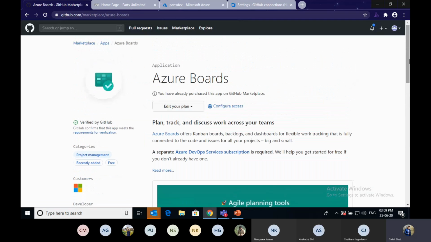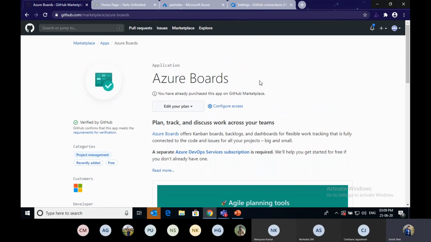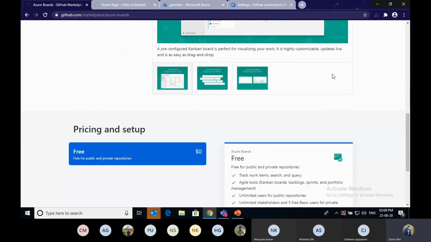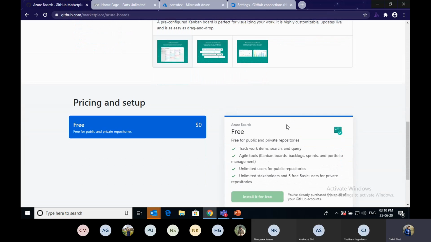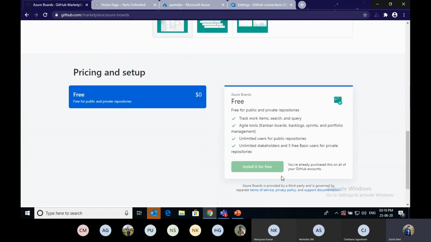It will show the Azure Boards app. You have to install this Azure Boards app into your repository. It's free of cost, where you can track the work items. I already installed this Azure Boards app into my repository. This is another way you can integrate Azure Boards to GitHub.